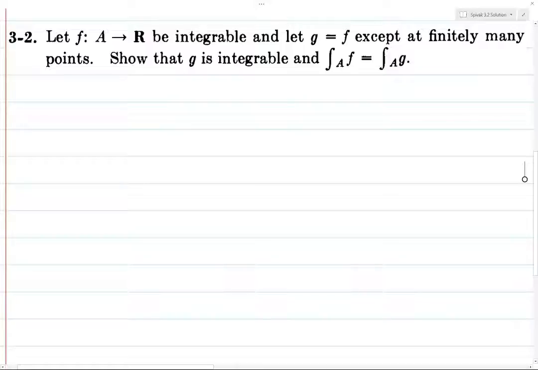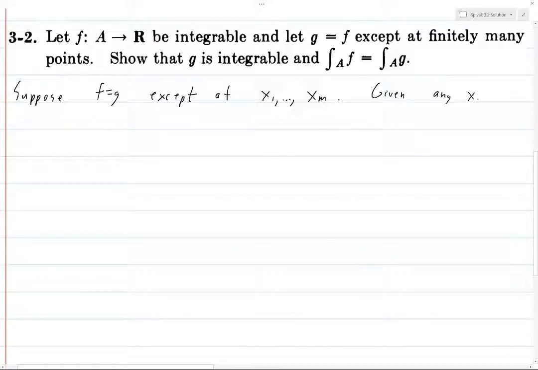But anyways, so g equals f except at finitely many points. So suppose f equals g except at the points x1 through xm. So we're just labeling the points at which f and g are different. Given any particular xi and any delta greater than 0,